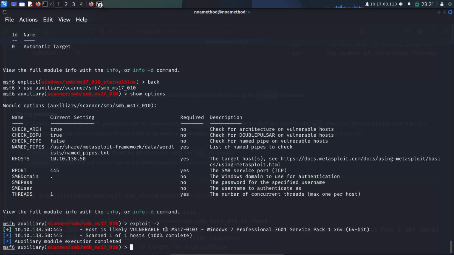Was it likely vulnerable to MS17-010 on Windows 7? Namely, the scan completed with escape when host incomplete, auxiliary module execute completed. I'm sorry, because yes, wait a minute.